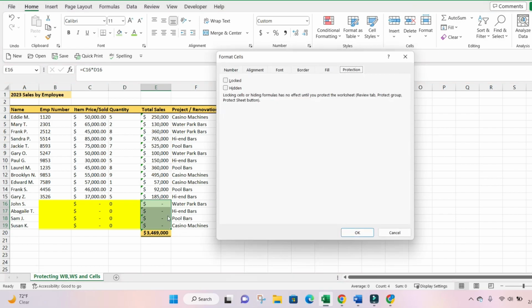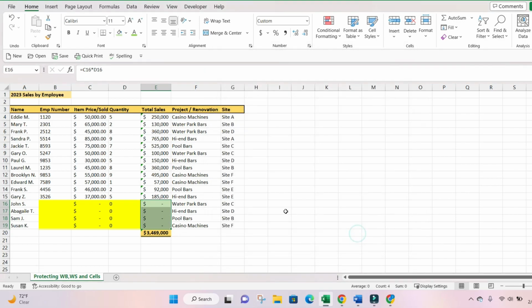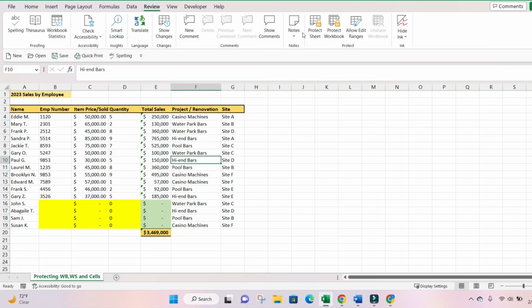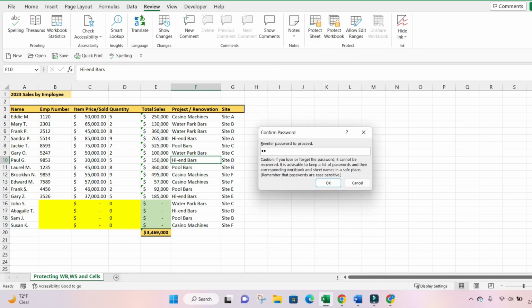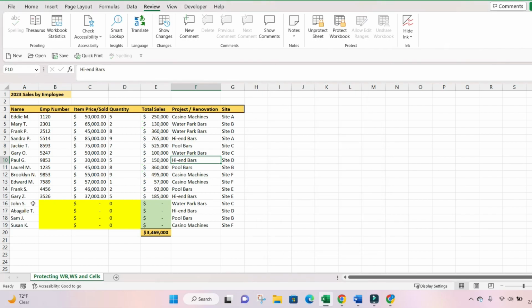Control 1. We're going to lock that. Hit OK. And now we're going to protect the sheet. We're going to go to Review, Protect Sheet, and we're going to use a password. Confirm our password. Now, when John S., Abigail, Sam, and Suzanne get this worksheet, all they need to do is